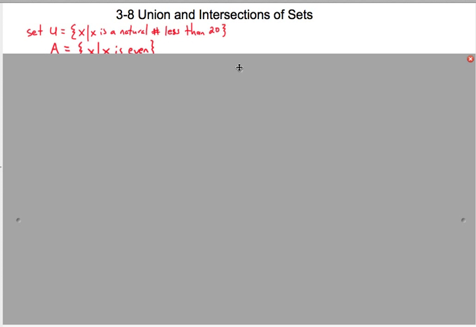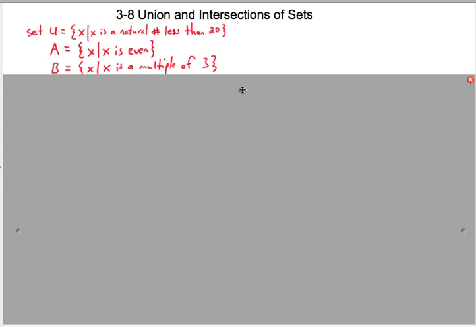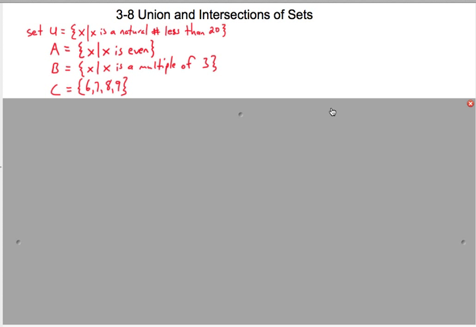If you don't remember, natural numbers start at 1 and go on forever, 1, 2, 3, 4, 5, and so on, but we're just going to talk about the natural numbers less than 20. Remember, this is set builder notation. The next set, set A, is going to be even numbers. Set B is going to be multiples of 3, and set C is going to be the numbers 6, 7,